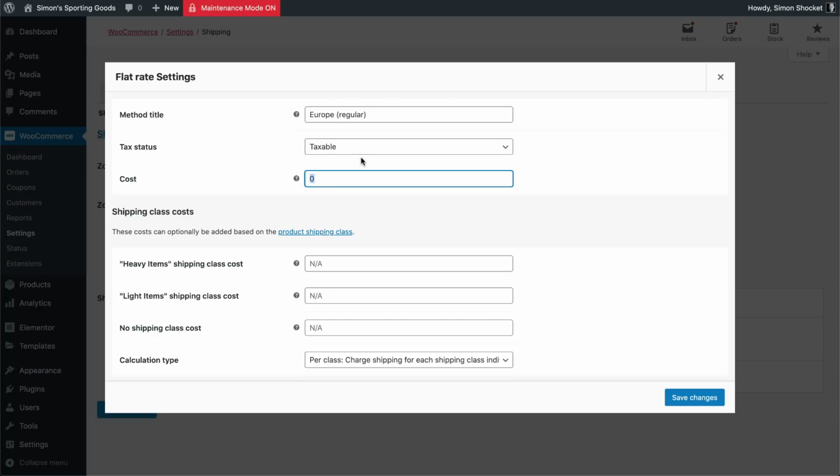We'll leave the tax option alone, but here we have the option to add a general shipping cost to this shipping zone, or we can define our shipping method according to the shipping classes that we've already set up. Here, I will define the shipping costs so that a European customer will pay $30 in shipping for a heavy item, like the home fitness package, or $10 in shipping if they order a light item, like a pair of